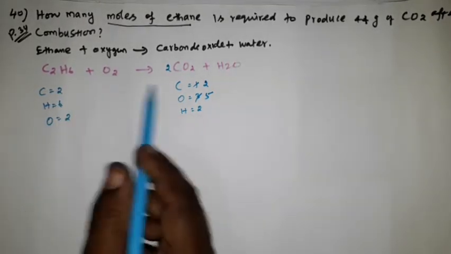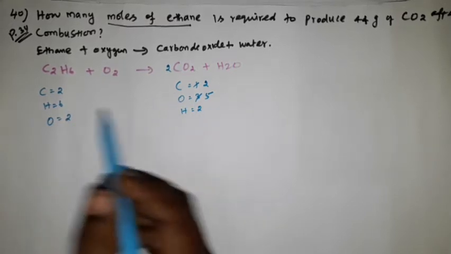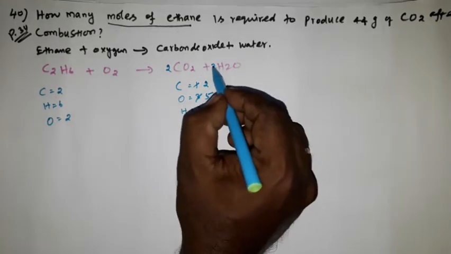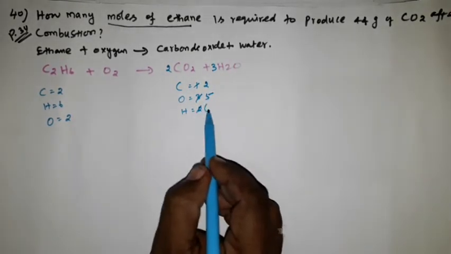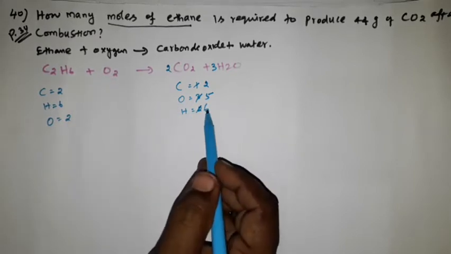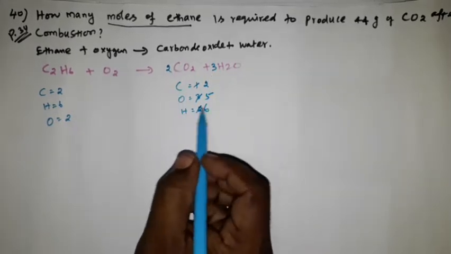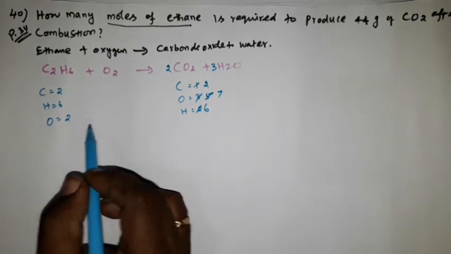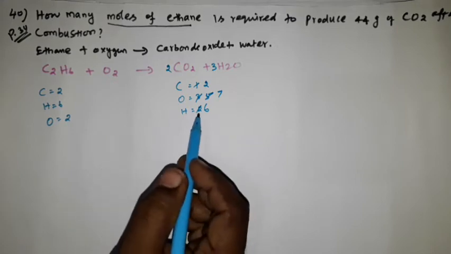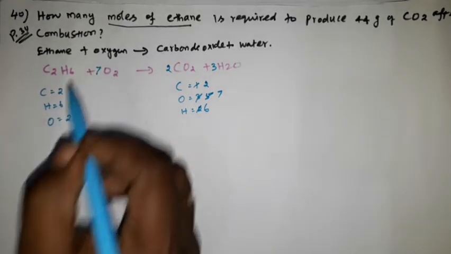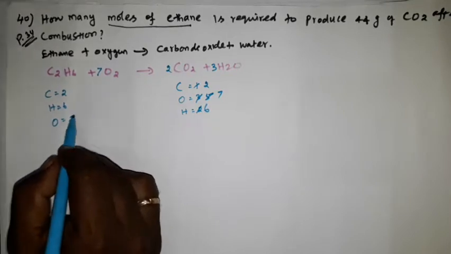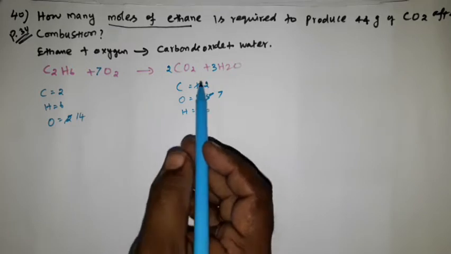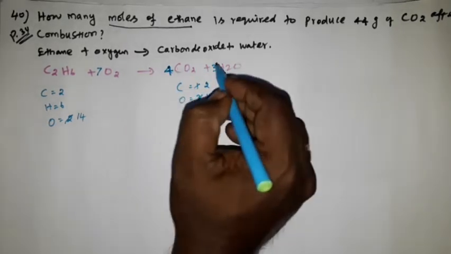Now this side you check, carbon is balanced, hydrogen is not balanced, so here 6, here 2, so I am going to add 3. So now 6 hydrogen is balanced, but you see 4 plus 3, 7 oxygen is here. Now after adding, here 2 only, but still it is not balanced. So okay, I am going to put here 7. So here now 14 oxygen, but still here fewer numbers are there. I am going to add here 4, and here I am going to add 6.